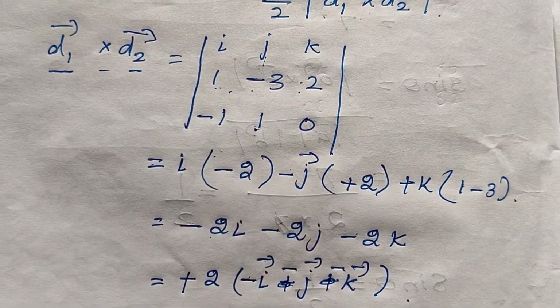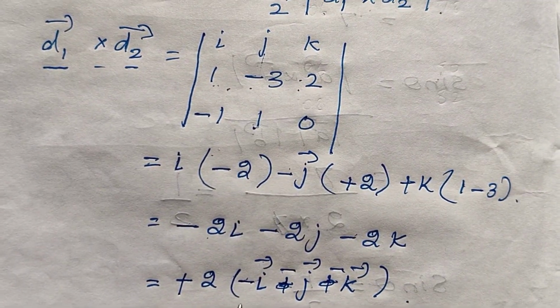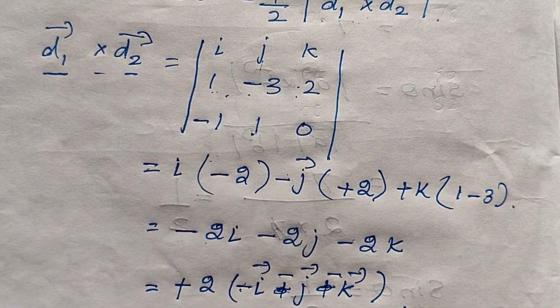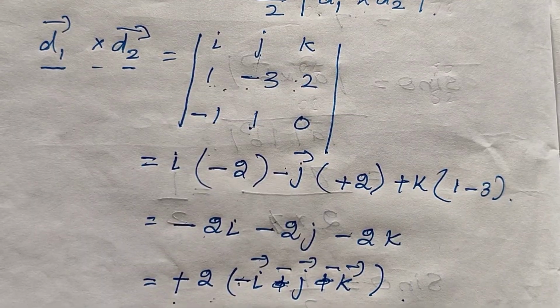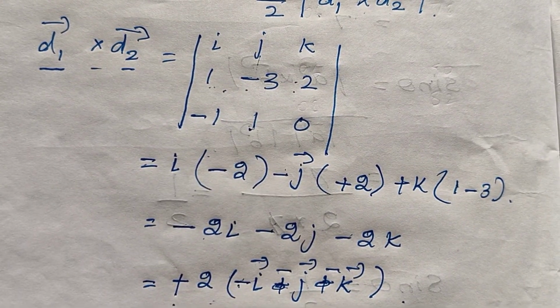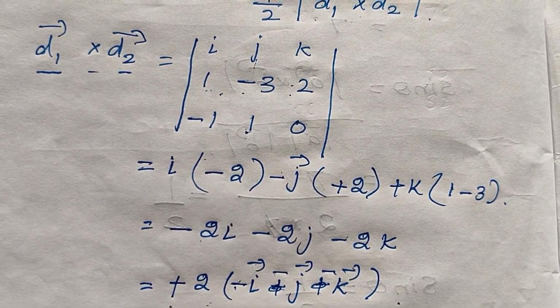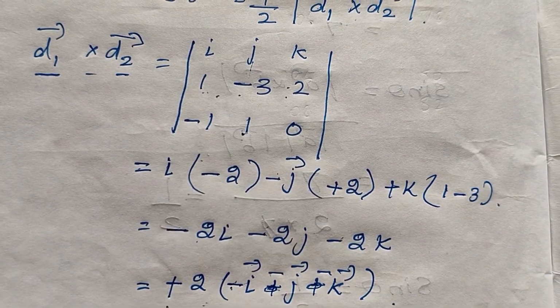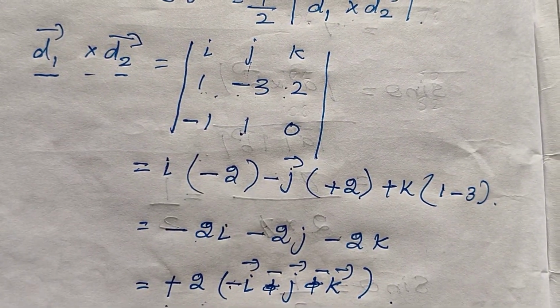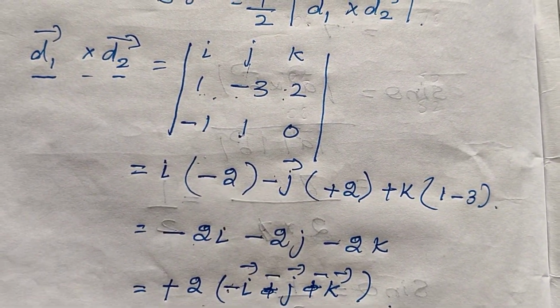So root 3 square units. Here we don't take minus outside. If we take it, we would get minus. Therefore, for the area of the parallelogram we would get minus. So for that you have to take minus 1 the whole square, minus 1 the whole square, minus 1 the whole square. So root 3.